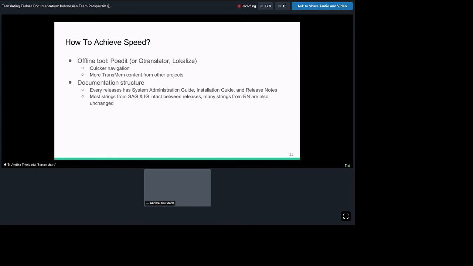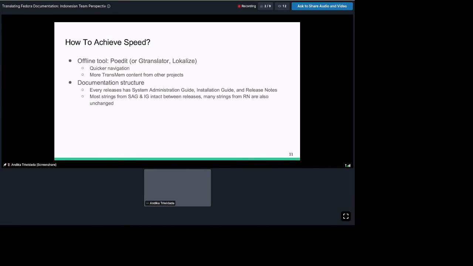The other thing is that if we do translation editing offline, we can use the translation memory that has been filled up with translations from other projects. So sometimes the strings are quite similar, and these programs will offer a partial translation for the current string we are trying to translate.